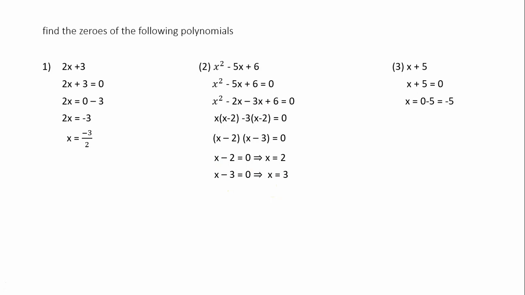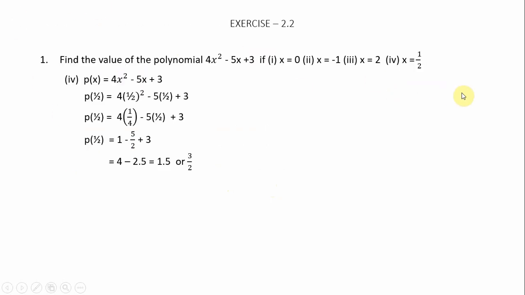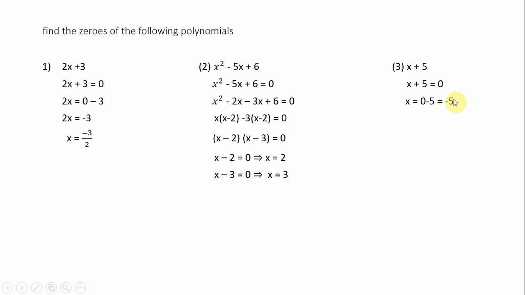Understand? So in the first question, when you substitute the value of x as minus 3 by 2, directly you are going to get 0. Similarly, the second one also. Next one is x plus 5. First step, x plus 5 is equal to 0. Transposing the plus 5 becomes minus 5, x is equal to minus 5. In the place of x, if you keep minus 5, then the value of the polynomial will be equal to 0. This we call a zero of the polynomial. Zeros of the polynomial means the first step is to equate that with 0 and find out the value of x. That's all.